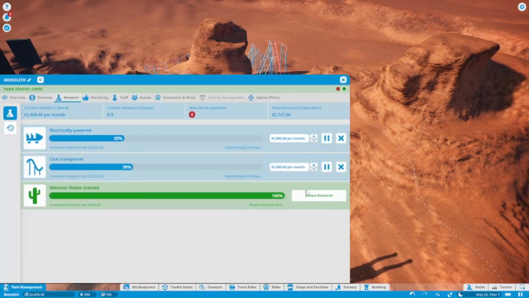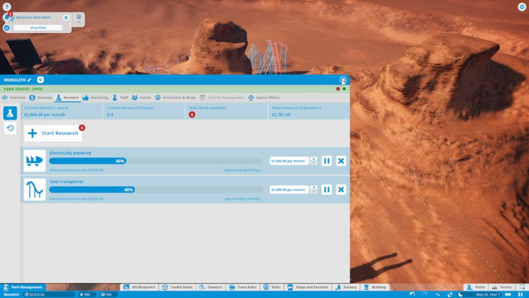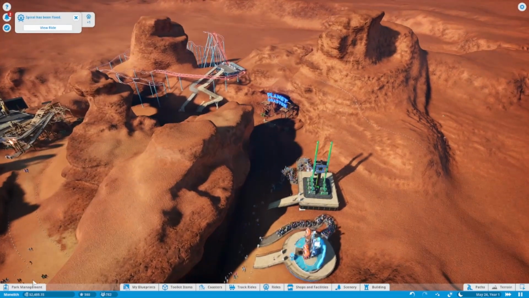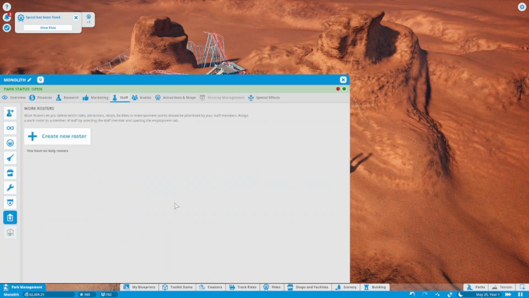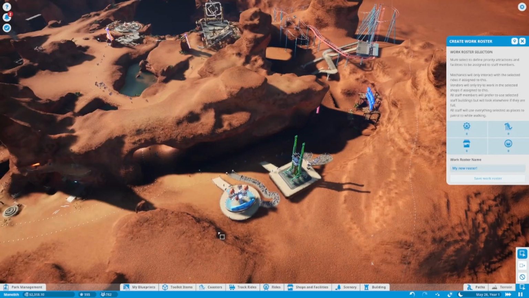Alright, let's look at our research project. This has just some scenery. We'll add some scenery to our rides then, to our lines, especially the ones over here. But what I would like to do is do these work rosters. So, I'm going to have one work roster